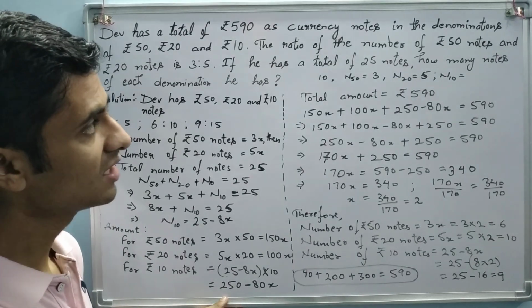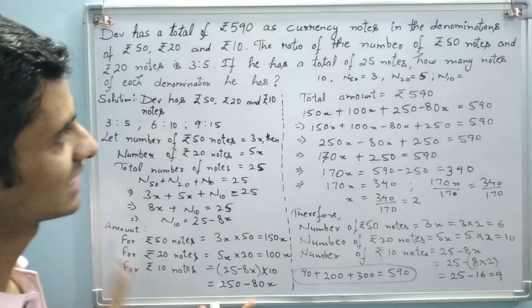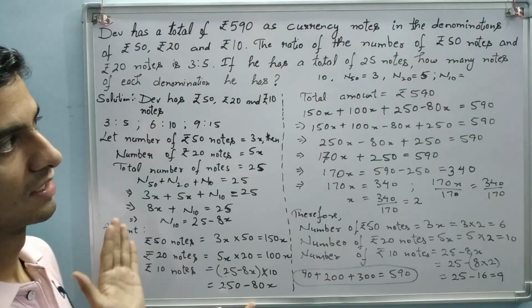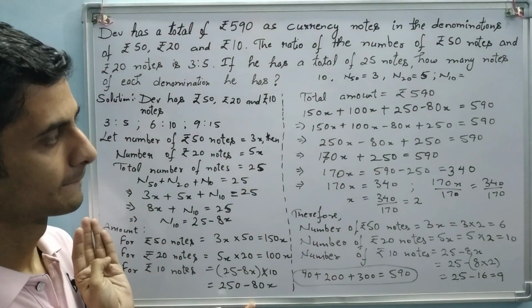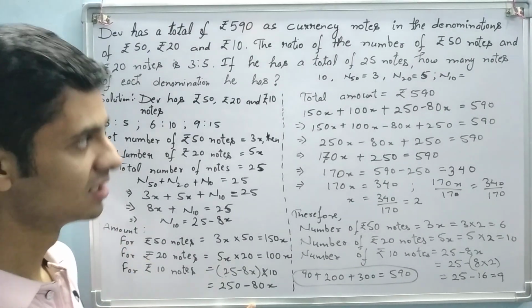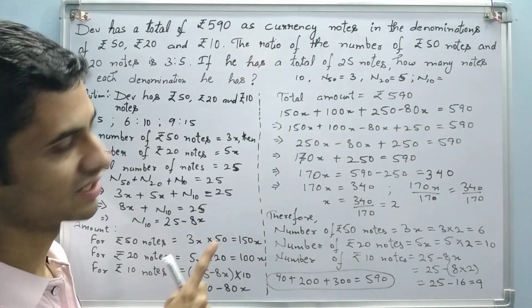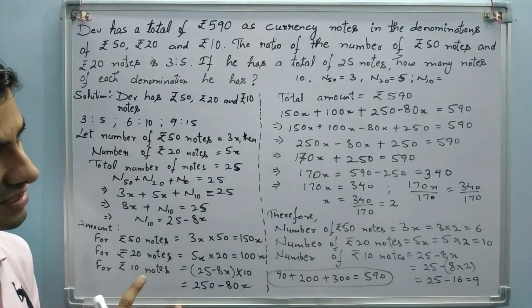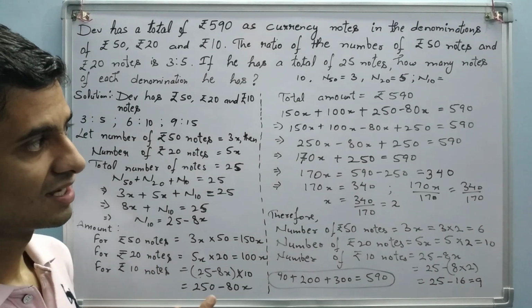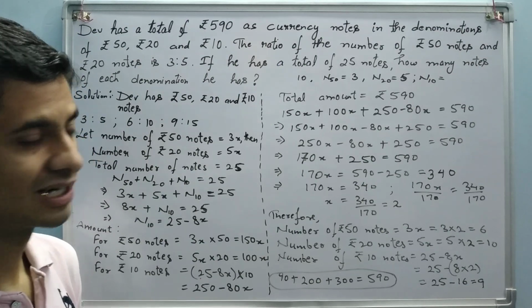So in this way, we can do questions based on coins. This was another type that we have discussed today. Questions based on shapes, numbers and age we have already done. Today we have done questions based on coins. Now after this we will see solving equations of one more type. Now let us move on to it.